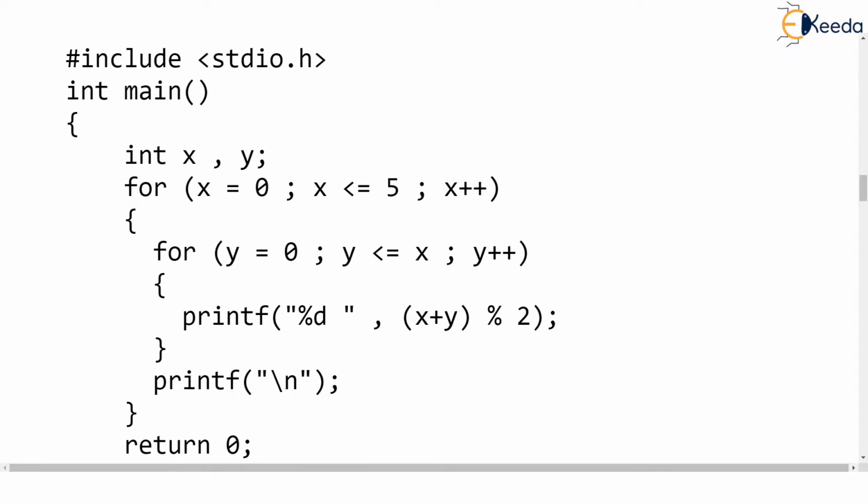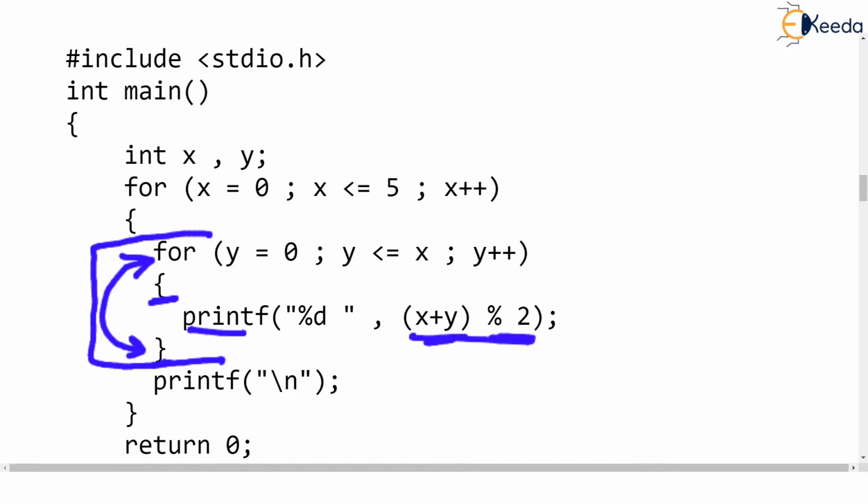So we were just checking what the values of x and y are in the for loops. And now there is a statement written inside the inner for loop. You watch, the inner for loop is supposed to repeat only one line which prints x plus y percent 2. That is the remainder we are printing. And when the inner for loop ends, only then printf new line will be done, and we will go back to the outer loop. So let's write again the values of x and y.